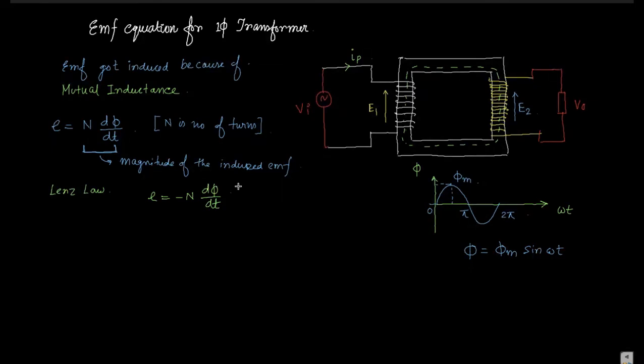Okay, so EMF is induced when you apply some alternating current. If the current is alternating, then due to that the flux phi is also alternating in nature. And if there is an alternating flux, then the EMF is induced, and the direction of the current and the EMF, that is the cause and the effect, are on opposite sides. So now we have to find out the EMF equation for the primary side.